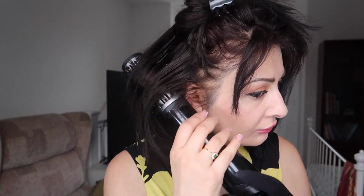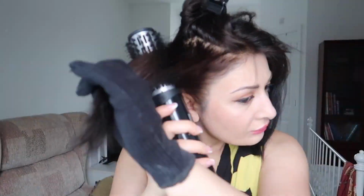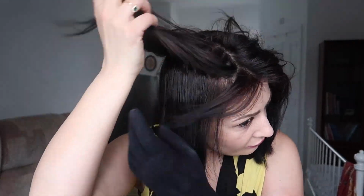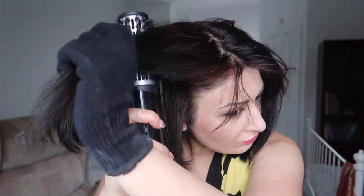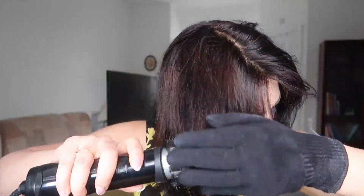By the way, I have to tell you that I am using again the plant-based hair color, which is really bringing my hair back to life again. As you know, my hair was burned because I put the wrong hair color on my hair and I had to go and bleach it, which caused my hair to get dry and burnt, and I had to go ahead and cut it, and I just ended up with really frizzy and dry hair. And I started again putting on my natural plant-based hair color and my hair is coming back to life again,